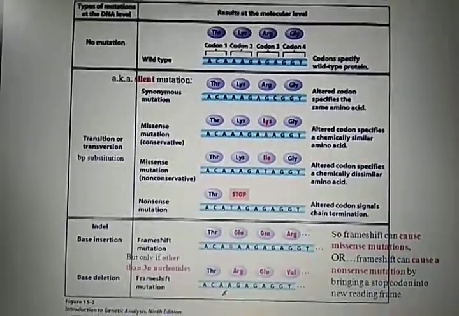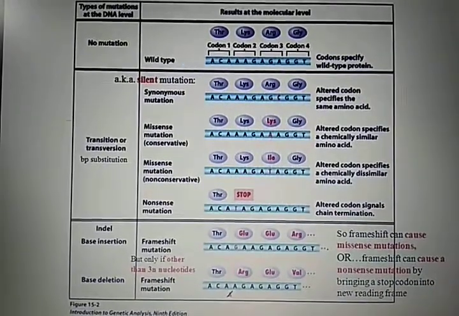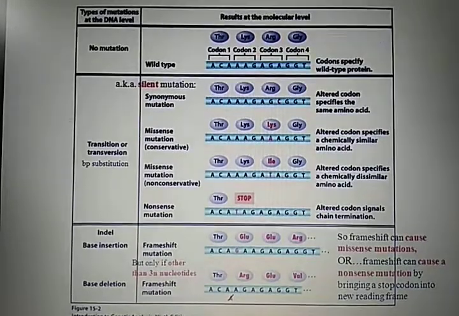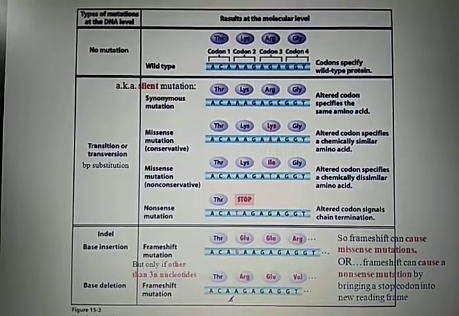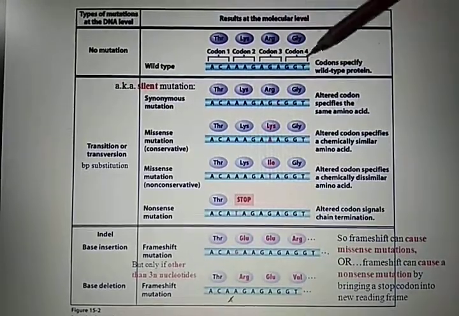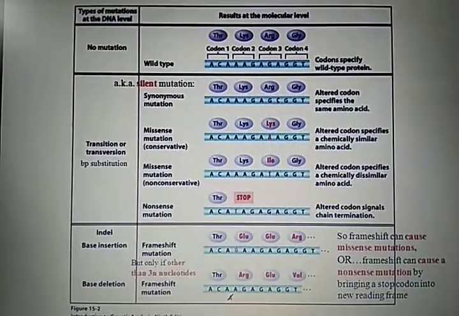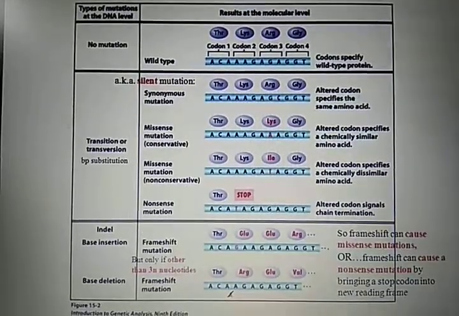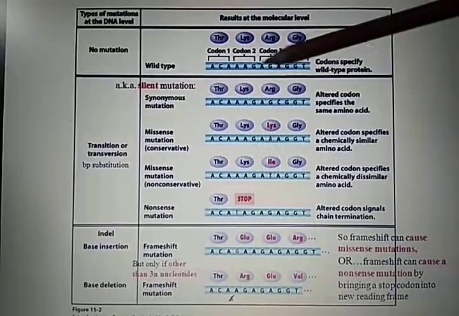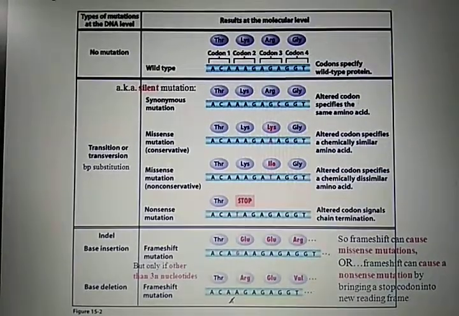As you have read in previous classes, the genetic code is triplet, meaning three nucleotide sequences comprise a genetic code. Okay, so this is codon 1, this is codon 2, 3, 4, and so on of the wild type or original type of chromosome having no mutation. Suppose that codon 1 codes for threonine, this one codes for lysine, codon 3 codes for arginine, and codon 4 codes for glycine.